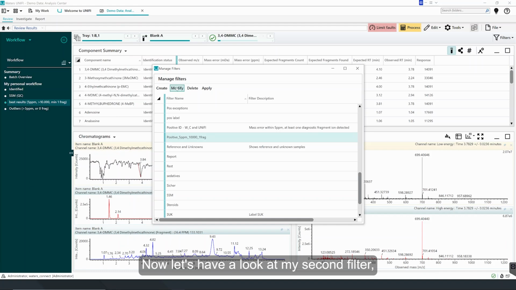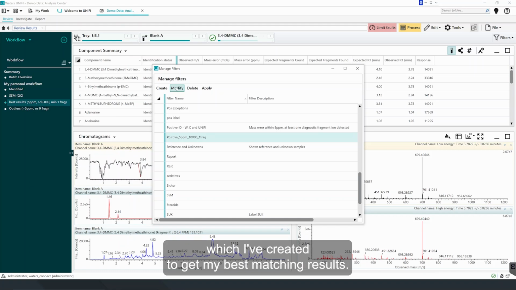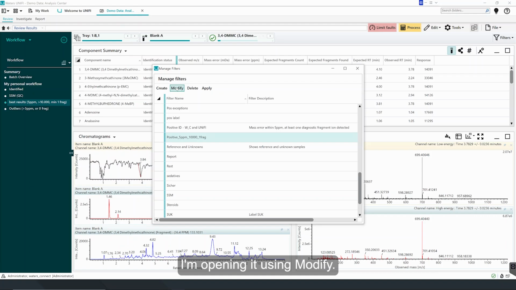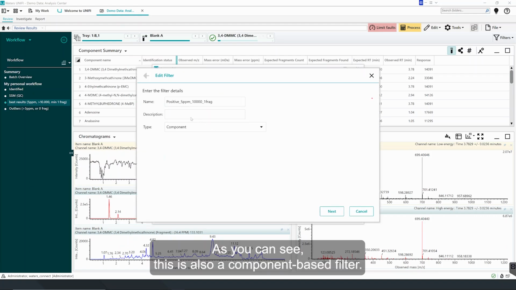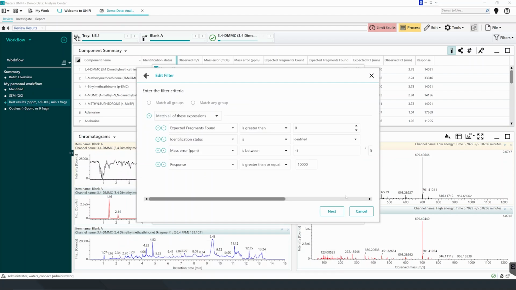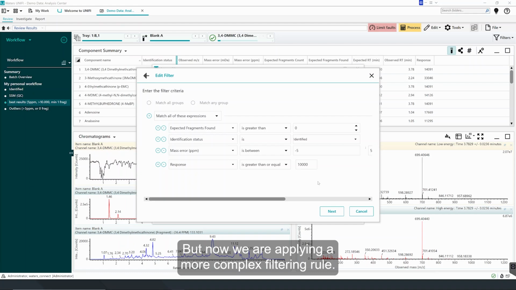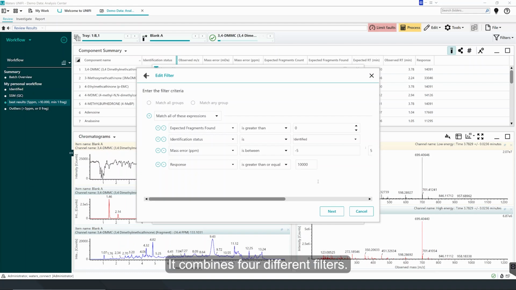Now let's have a look at my second filter, which I've created to get my best matching results. I'm opening it using Modify. As you can see, this is also a component-based filter. But now we are applying a more complex filtering rule. It combines 4 different filters.